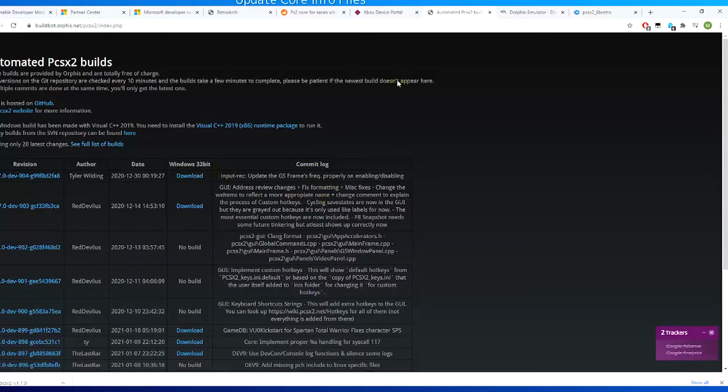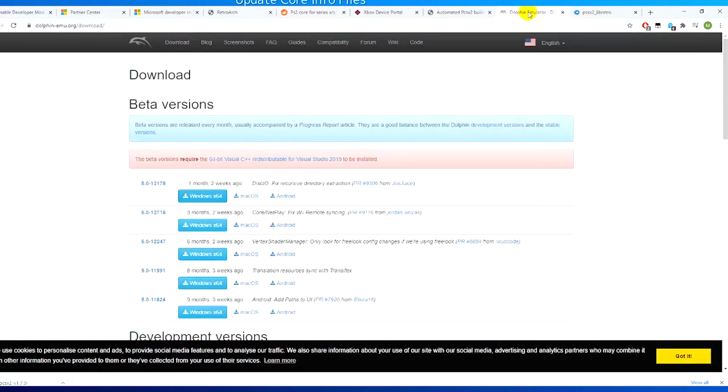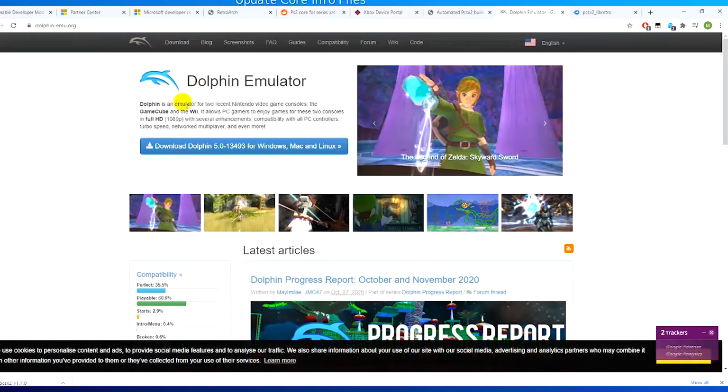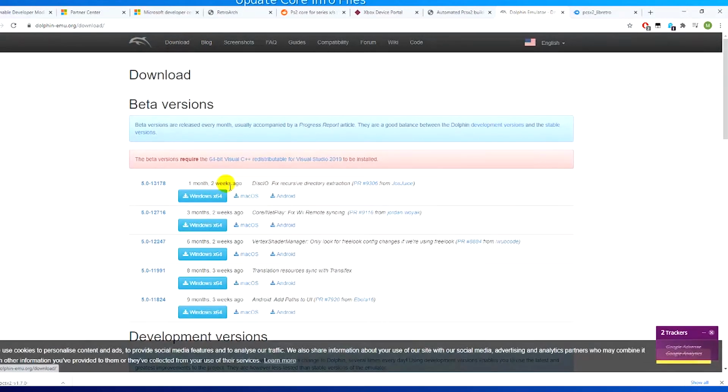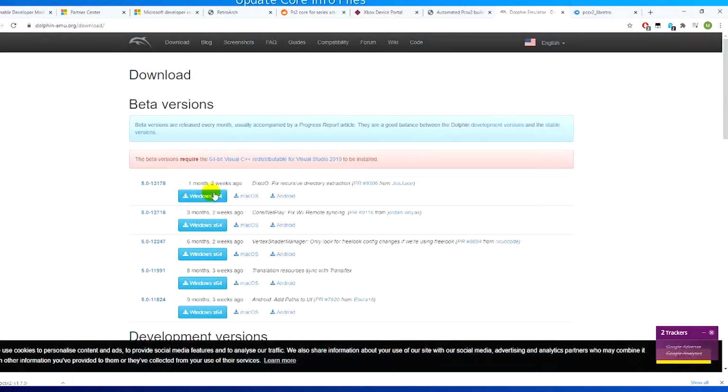Download that, and then we need the Dolphin emulator for GameCube games. Click on that, and then you'll be on the Dolphin homepage. Click on download. Download the latest version, which is usually at the top. Dolphin will now download. Once you have those files,